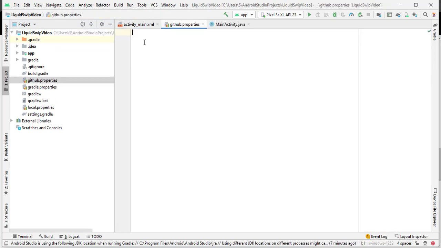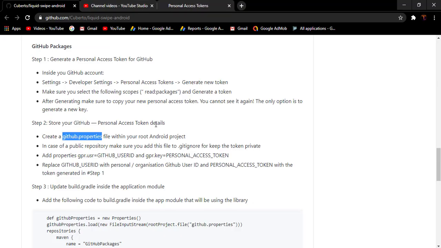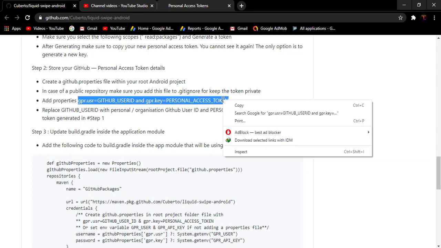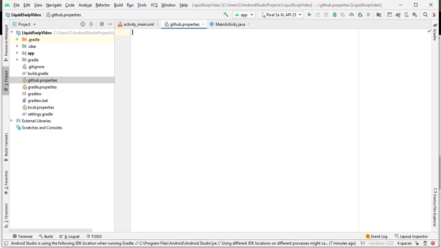Now we need to create two variables. So again go to the browser and copy this whole line, then go to Android Studio and paste it. Now remove this and hit enter. Now we need to add our GitHub user, and here we need to add our token.